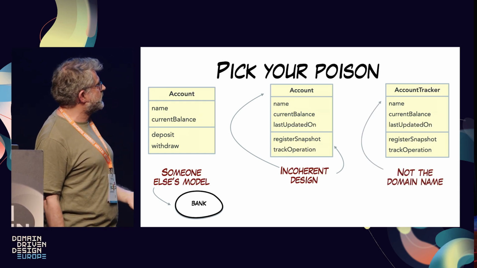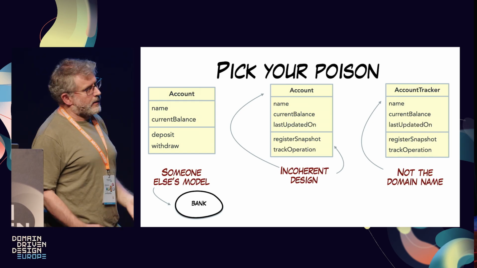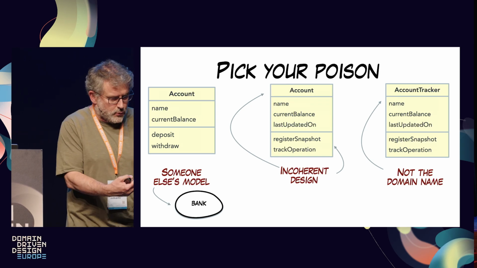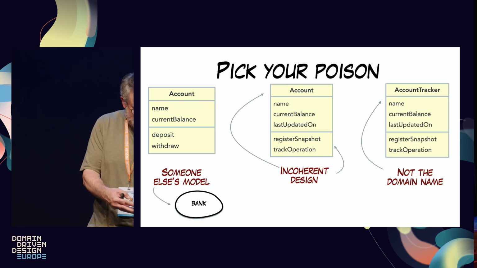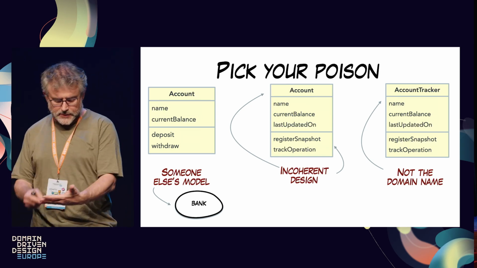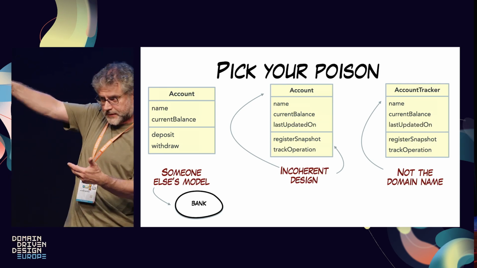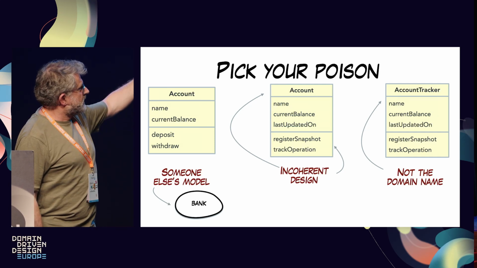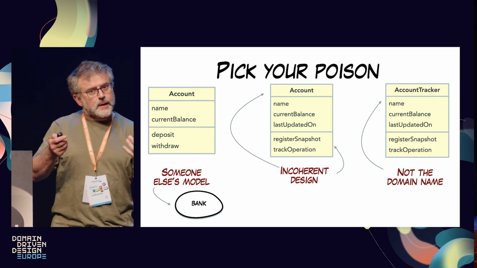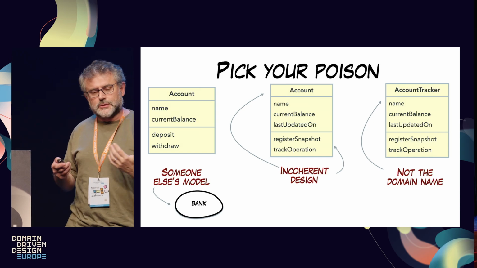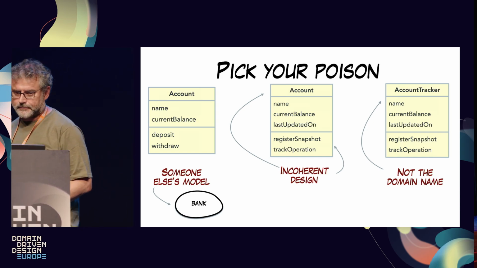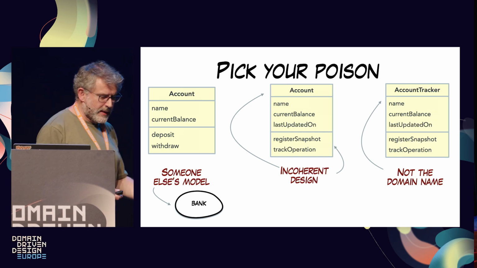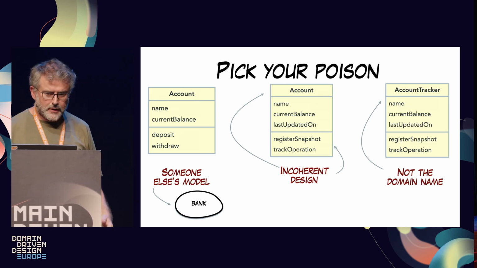The third thing was, let's call it an account tracker. This is more explicit with the name. It's just saying this is what you do. This is just an object which is basically a proxy of something else. This is what you know about what is inside the bank. A little bit more honest. Still, that is not a domain name. So it looks like there was not a single solution that was okay. And also the name account tracker was the result of many discussions.